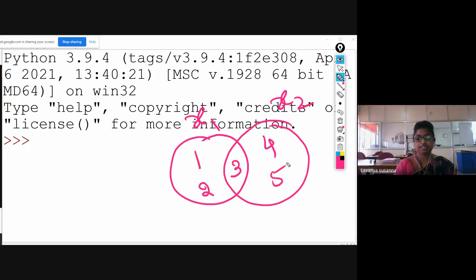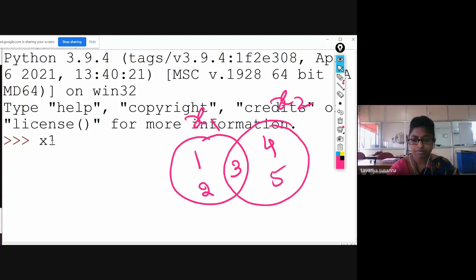Now I am going to explain what operations you can perform on sets in Python. x1 contains 1, 2, 3. x2 contains 3, 4, 5. Here, what is the common object? 3, right? See the Venn diagram now.